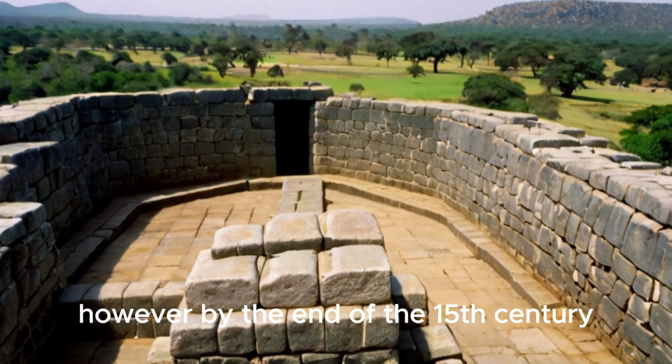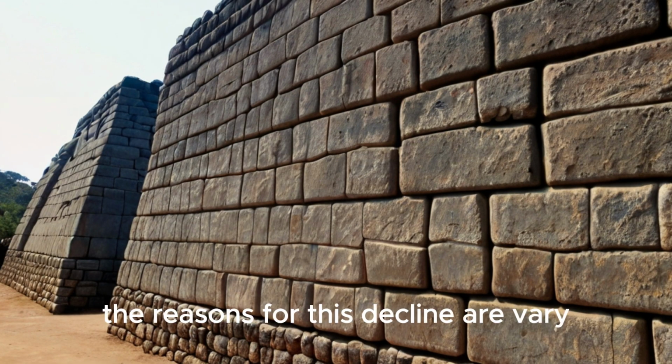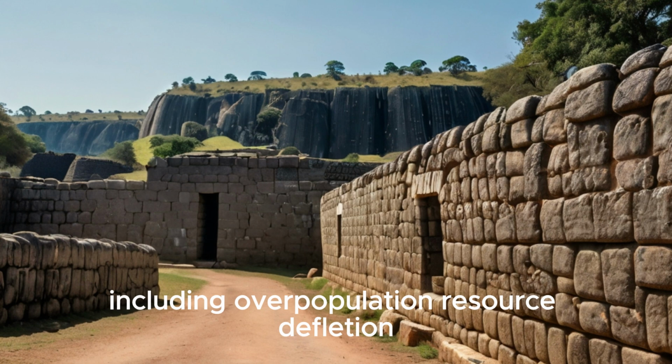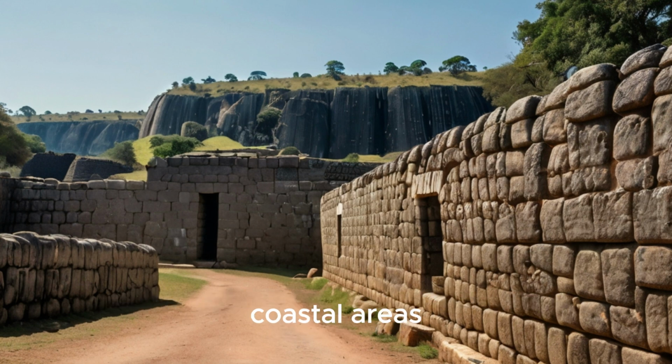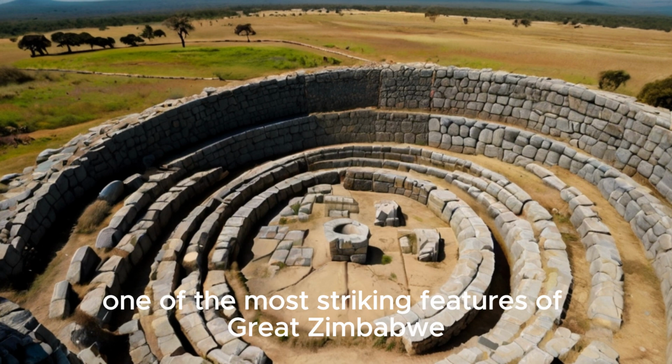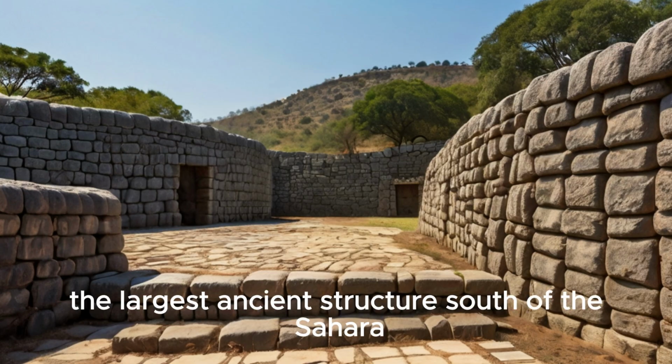However, by the end of the 15th century, Great Zimbabwe began to decline. The reasons for this decline are varied, including overpopulation, resource depletion, and a shift of trade routes to more accessible coastal areas. One of the most striking features of Great Zimbabwe is the Great Enclosure, the largest ancient structure south